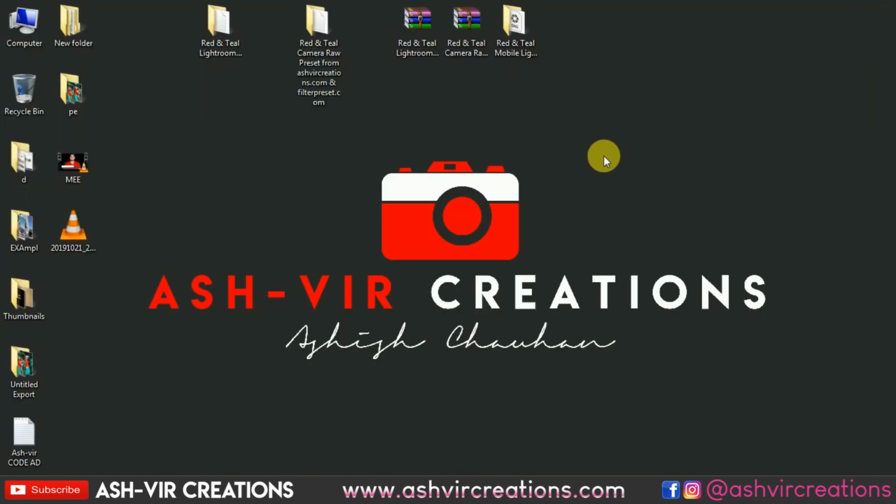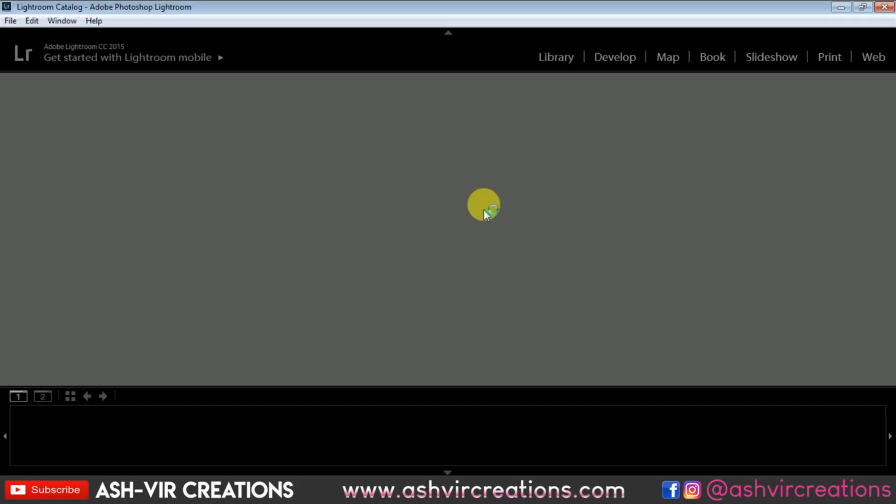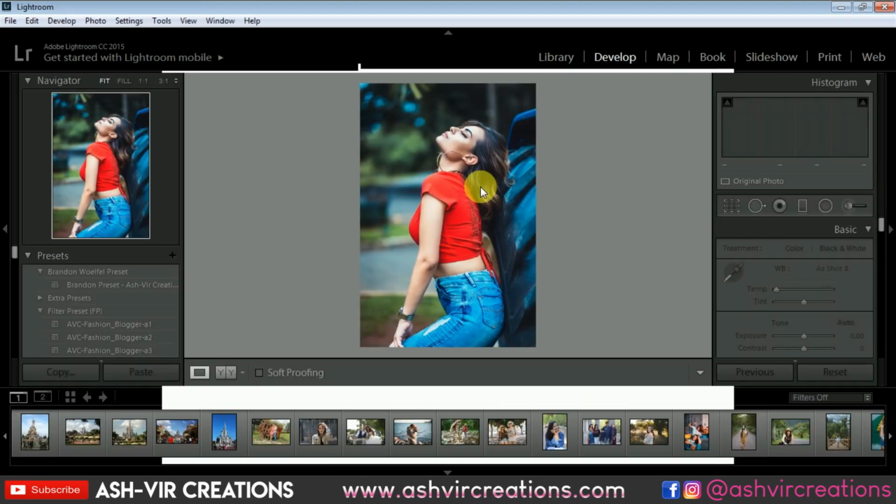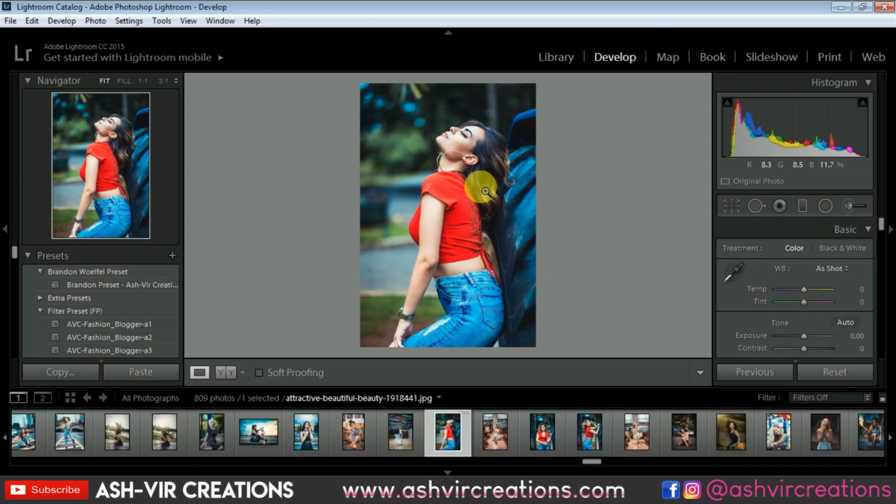Now all we're going to do is restart your Lightroom as well as your Photoshop, and let's apply the preset, and let's see how it actually looks on your photos if you apply this red and teal look. So let's open Lightroom and import some of the photographs. I have already imported some of the images from here, so I'm just going to apply it. So from here,